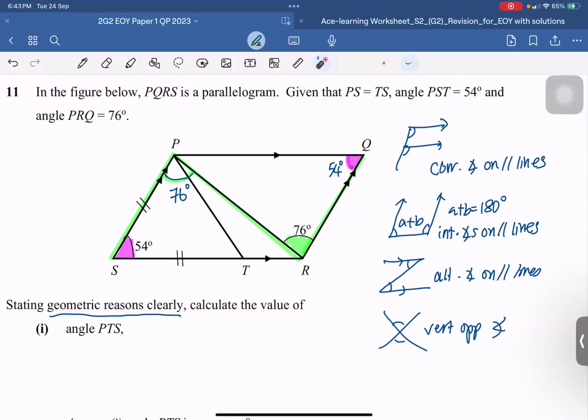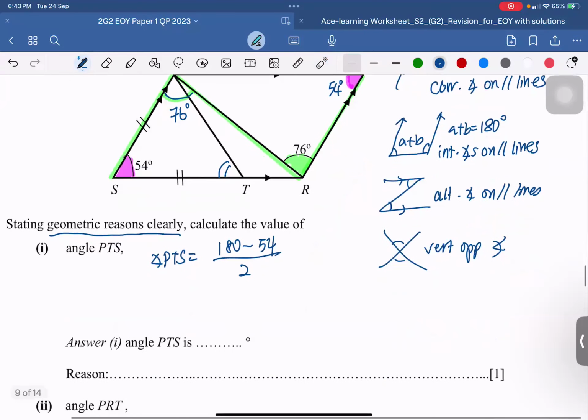Right. Find angle PTS. Observe, PTS is what kind of triangle? Isosceles triangle. So I must find the base angle of the isosceles triangle. So angle PTS is 180 minus 54, divided by 2. Write the reason: base angles